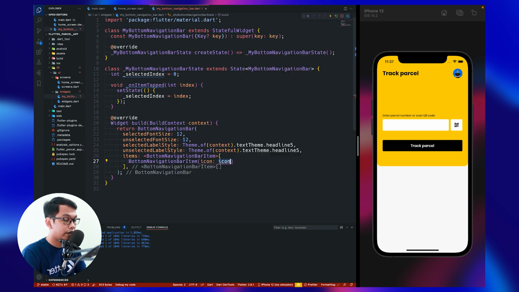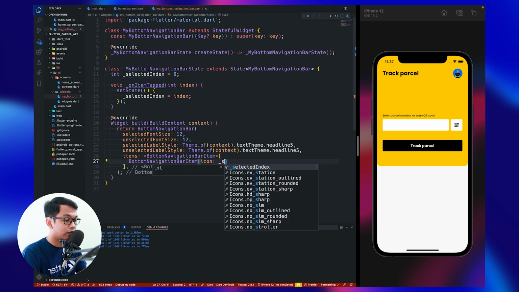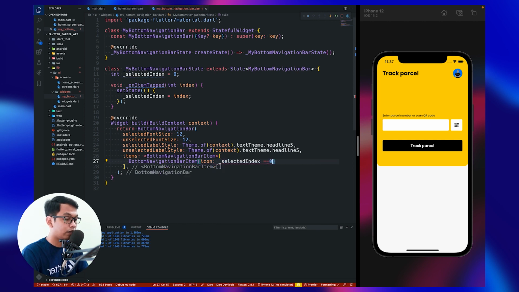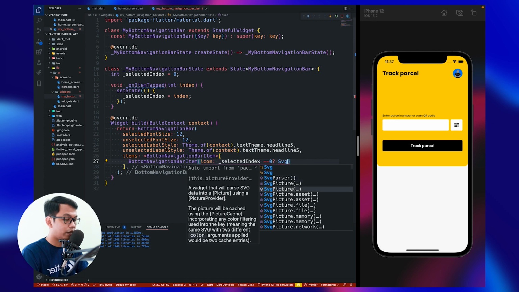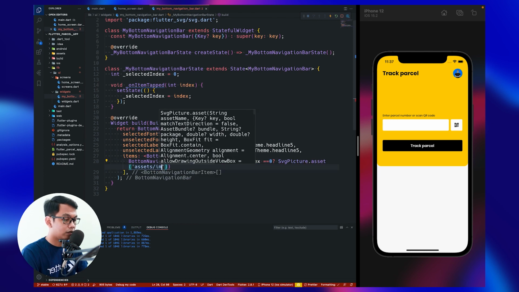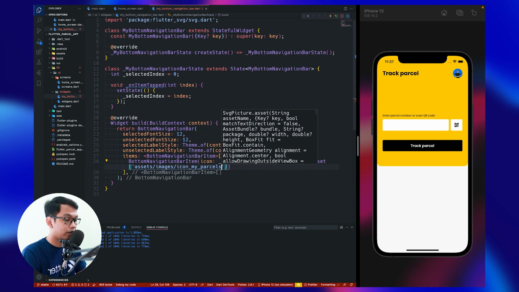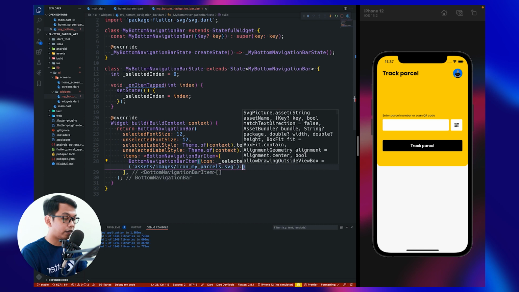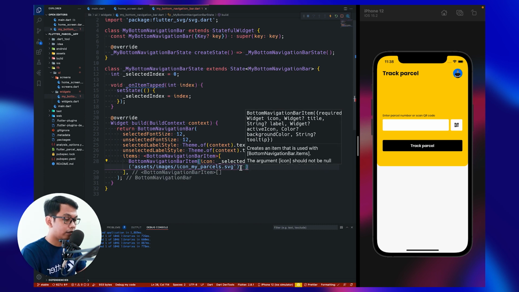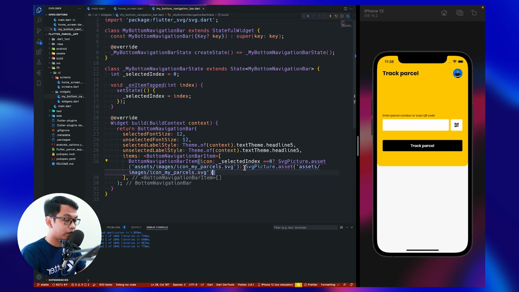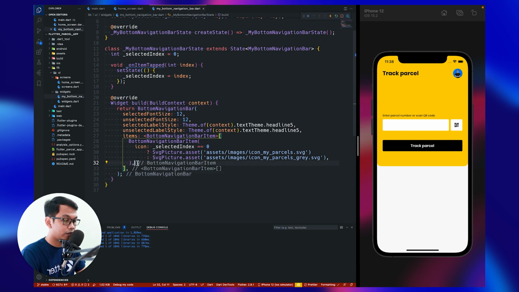For the icon, we can use if selected index equals 0, we use svg picture dot assets, assets images icon my parcel dot svg, and if not selected, we can copy this. The default is we use gray, look like this, and we can copy this 2 times. Oh, we miss one value again, which is label.